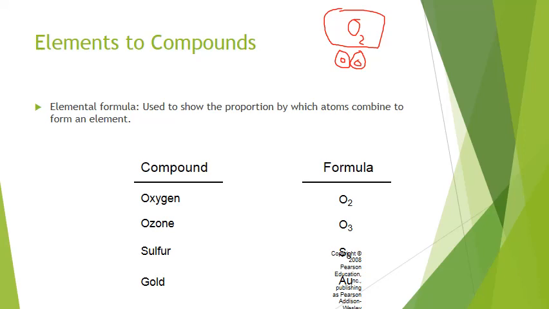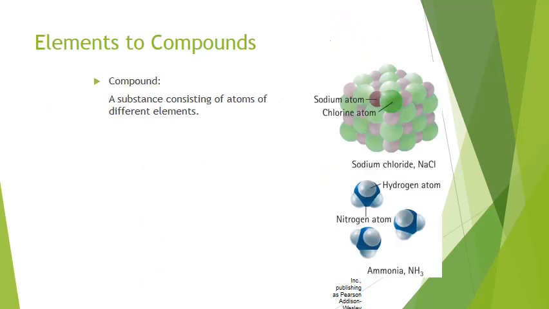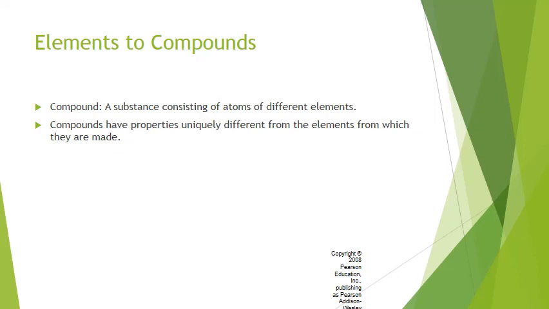Now we're going to move on to what are called compounds. Compounds are substances that consist of different elements. So for example, they give the example of sodium chloride, which is a sodium atom and a chlorine atom. Or here's ammonia. It's got a nitrogen atom and 3 hydrogen atoms. Those are compounds. Compounds consist of different elements,